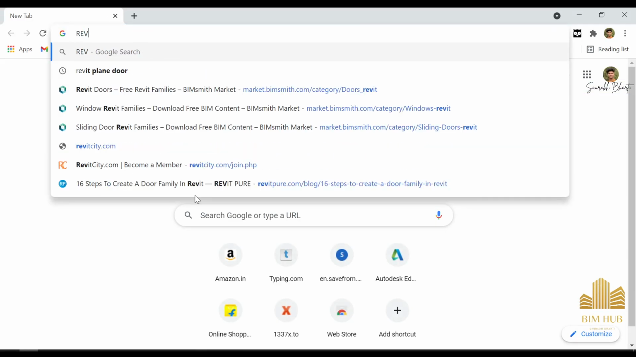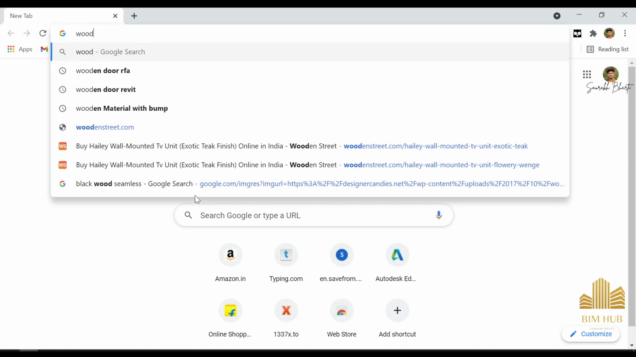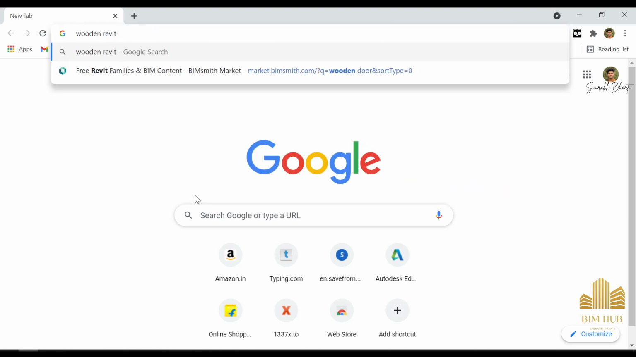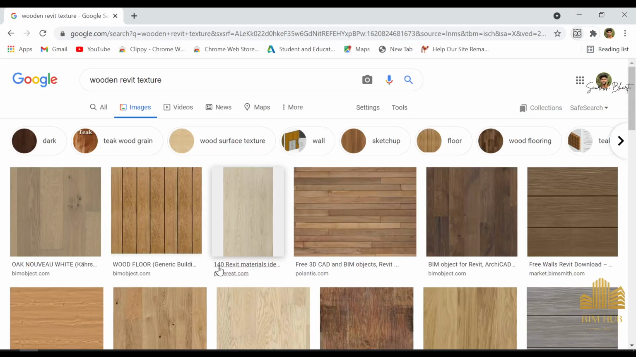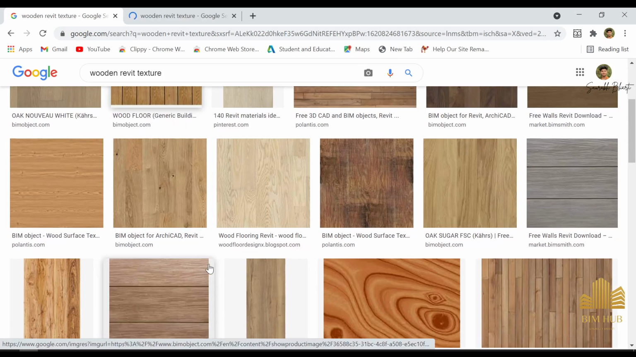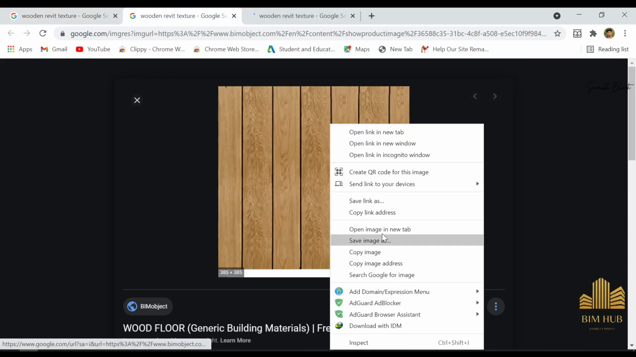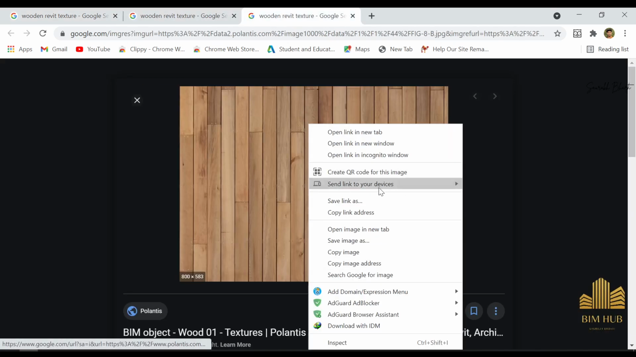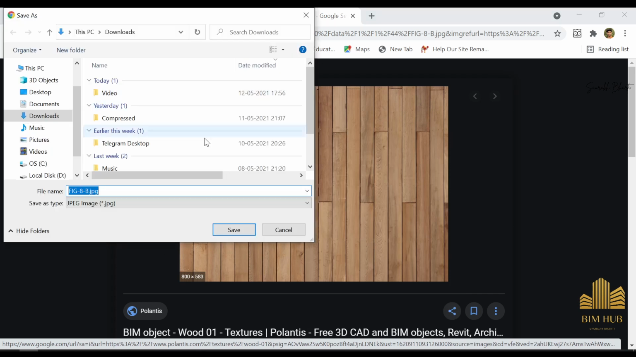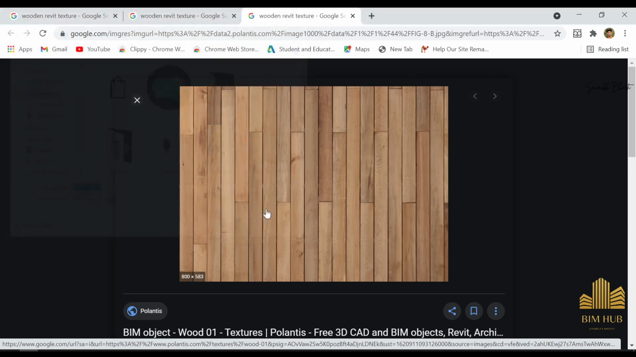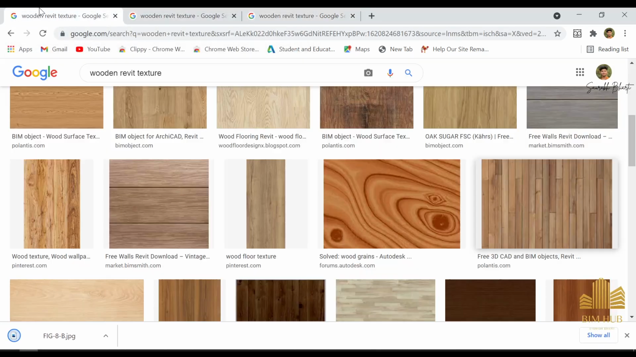Revit. Okay, wooden Revit texture, and let me see. Yes, something of this type, it will be fine, or something of this type. So these two are the images that we have right now. This image looks fine. Just save it on desktop, and let me see if we have something for that bump